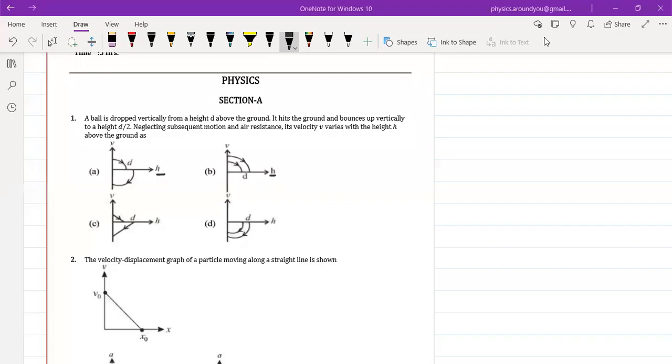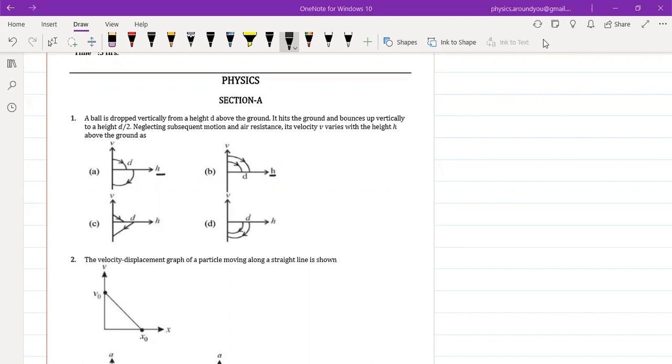Welcome to an exciting paper discussion session for the physics JEE test. Here we have got questions on motion in a straight line, various tricky questions. Many questions may seem challenging. Of course, it's the first test. So grab your seat belts and join me on the ride to understand motion in a straight line